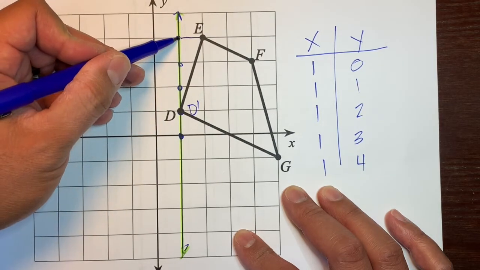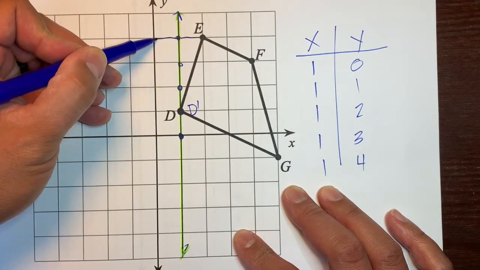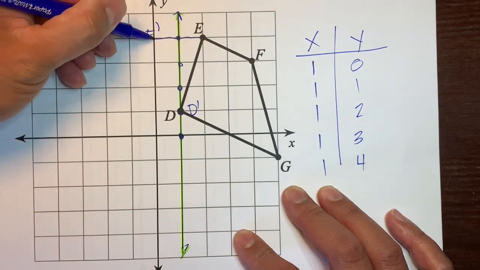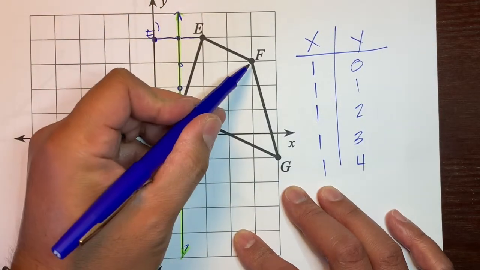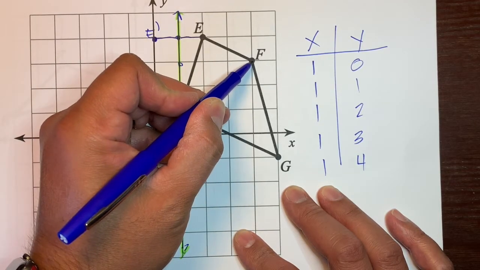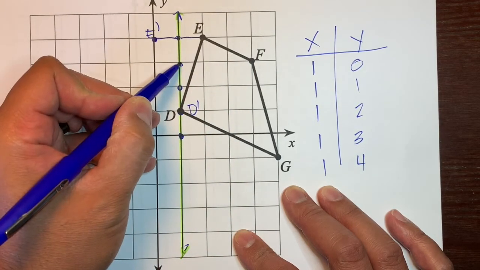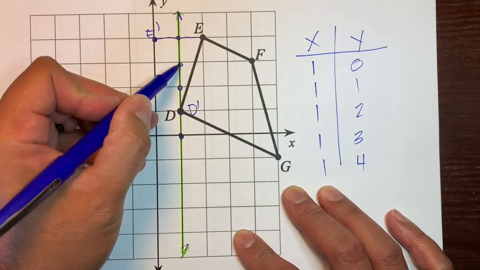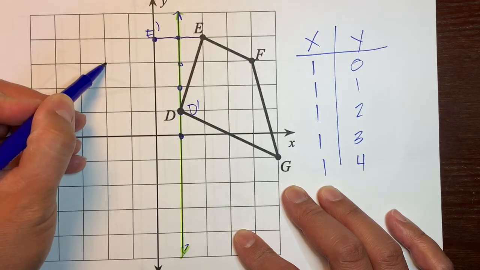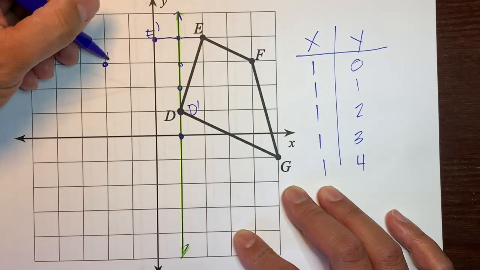So let's go 1 unit from here in the opposite direction. So this would be E prime right here. F is 1, 2, 3 units away from the line of symmetry. So we'll go 3 units away from here in the opposite direction. 1, 2, 3. So this is F